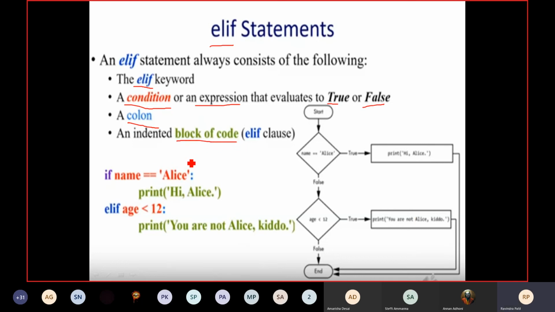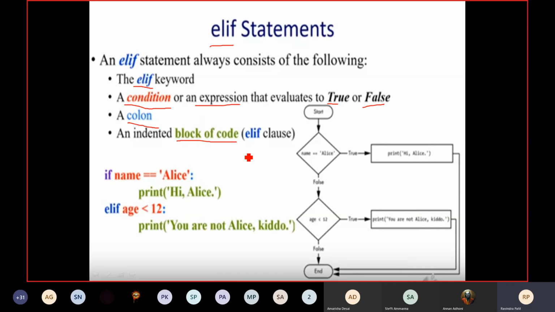So let us take a simple example. Before taking one, first we'll discuss in what situation we go for a simple if, in what situation we go for an if else statement, and in what situation we go for an elif statement.